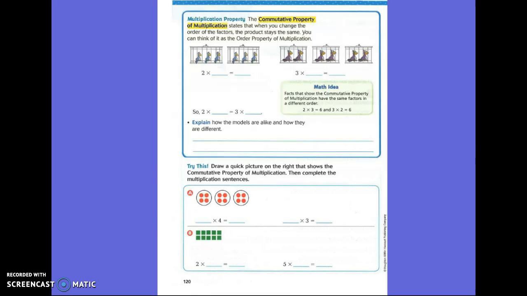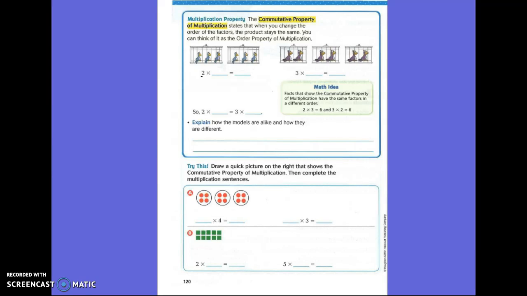Okay, so looking at these birds, you see a 2 here, right? For our multiplication sentence, what does a 2 represent in this picture, Bella? How many groups? Yep, it represents how many groups. What's our next factor going to be? And I want you to tell me why that is